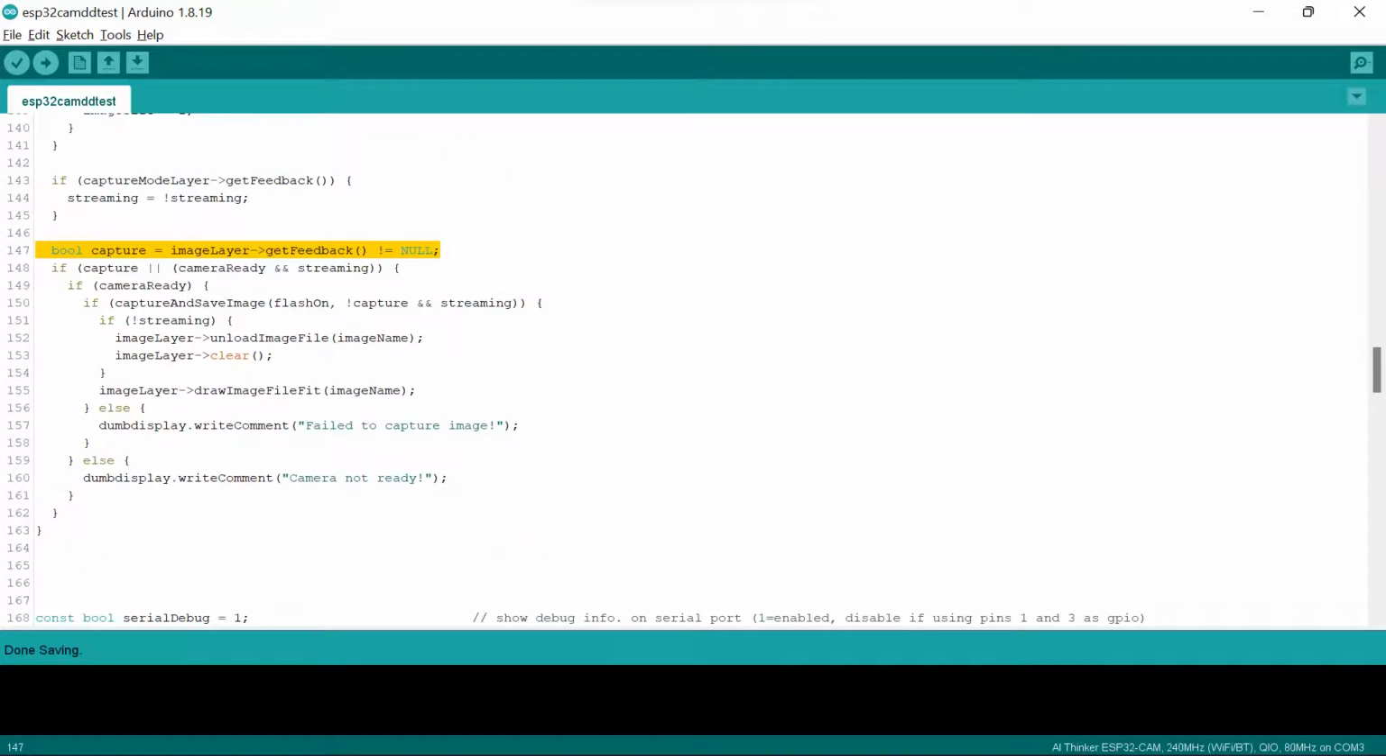Line 147 sets the local variable capture that tells if there is a layer feedback from the image layer. That is, the local variable capture will assume the value true if the image layer is clicked. Line 148 checks if the capture is true or if it is streaming when camera is ready. If camera is ready, as checked by line 149,